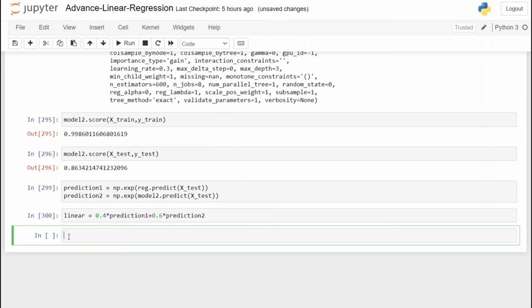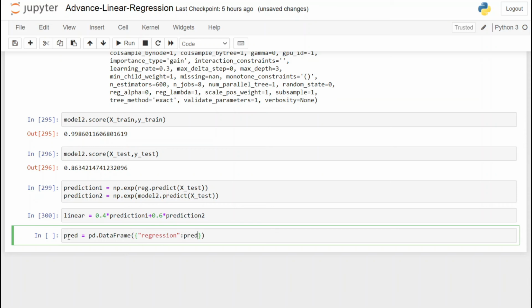Next, we are going to create a data frame in which we are going to create columns for each prediction and one column for actual value. So we are going to call pd.DataFrame to create a data frame, and then inside that we are going to pass our variables, or you can say the predictions. Then we have to pass our dictionary, and inside that we are going to define the prediction, or you can say column.